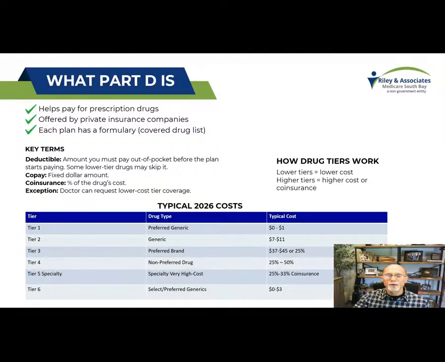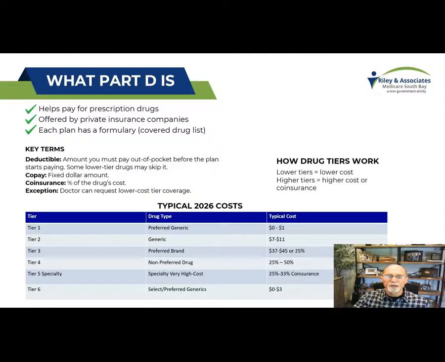It's built into either your HMO or it's separate on a PPO plan, on the supplemental plan. So let me restate that. It works just like the drug plans built in your PPO or your HMO plan. And so just like it's been in the past, the only difference is if you go with original Medicare with a supplemental, then it's going to be separate. If you get the Advantage HMO, it's going to be included, but it's going to work just the same.